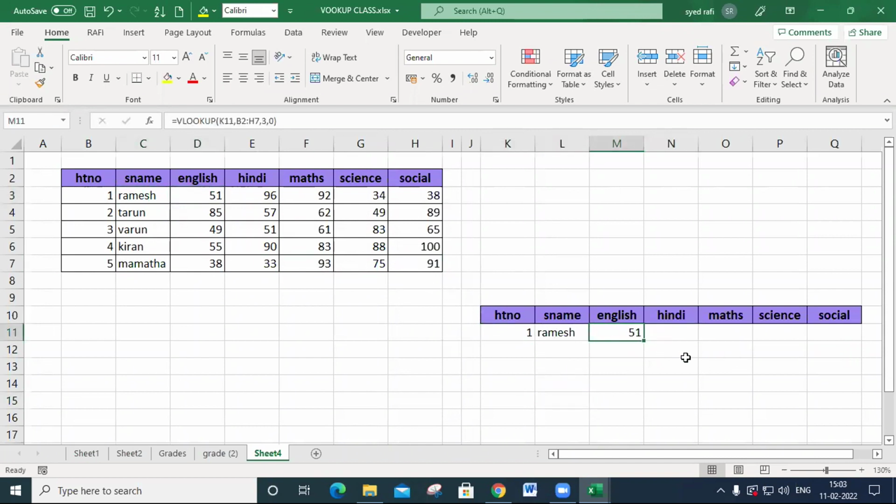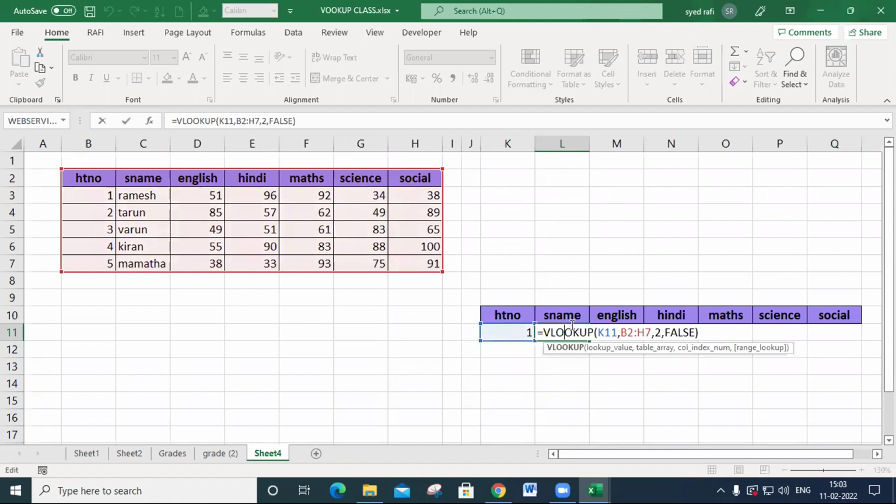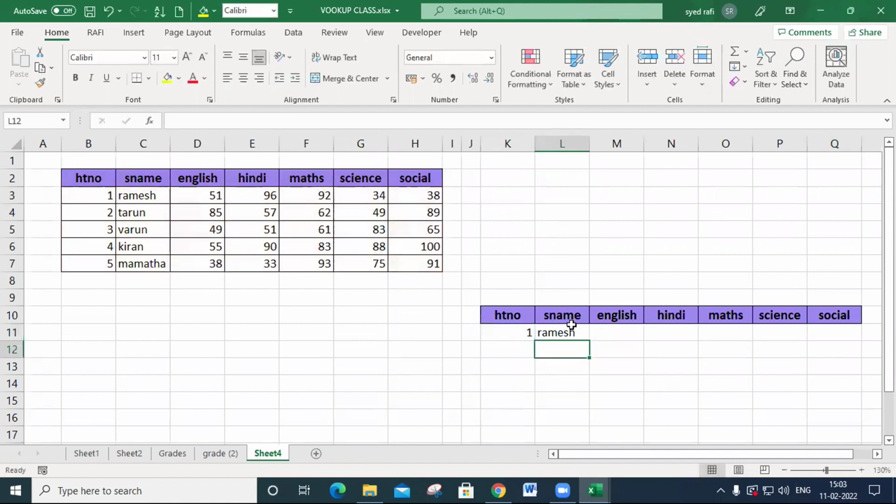So this is a horrible situation, each and every time I type the VLOOKUP. There is a very high risk factor, so I don't want to do this. I want to drag this one and automatically fill it. Each and every time I can't enter it here. So that's why I do one thing: once I have entered the formula, I want to drag it like this.